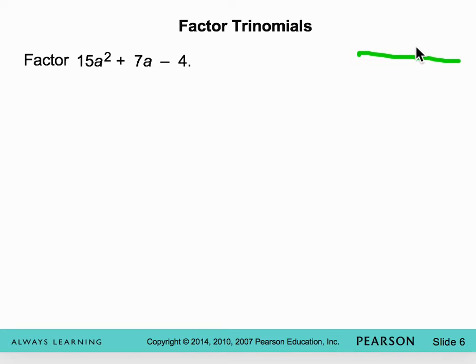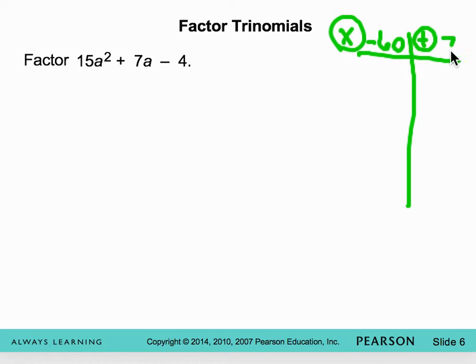It's a trinomial. There's not a common factor. Don't forget that's the first thing we check. Is there a common factor I can factor out? So 15 times negative 4 is negative 60. And then it's got to add to be 7. Okay, once again, I could start with 1 and 60, 2 and 30, 3 and 20, 4 and 15. But it might serve me better once I'm used to doing this to start with